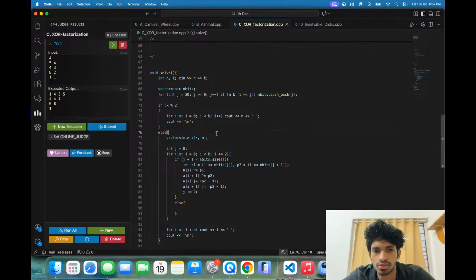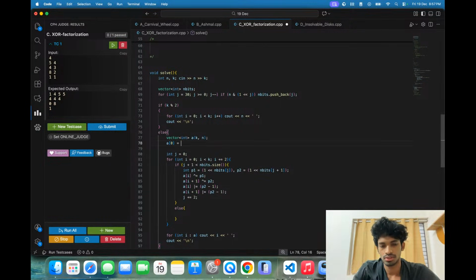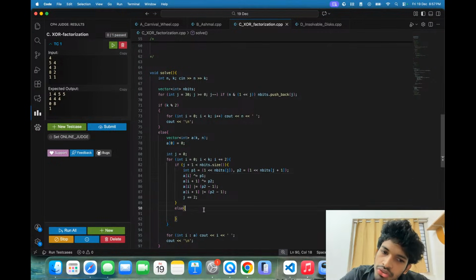I'll make this zero, okay? And now I'll go ahead with, we'll start with a of i as zero. So now what should we do? We have to activate this, we have to disable this, we have to make both of them that, and then we have to make